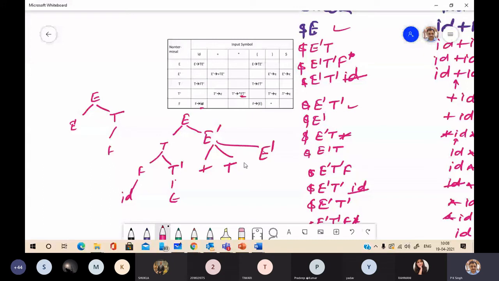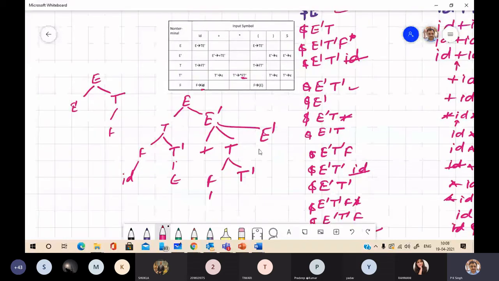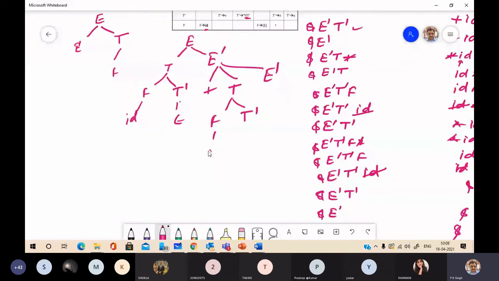Then this T is replaced by F T dash, F T dash. Then this F is replaced by ID, okay. Then you have T dash, E dash, T dash and T dash on top. Then T dash is replaced by asterisk F T dash.